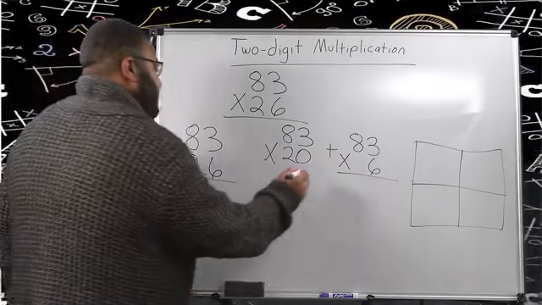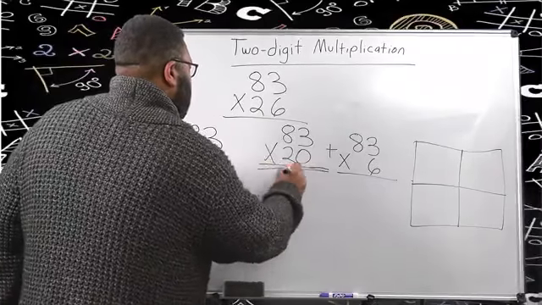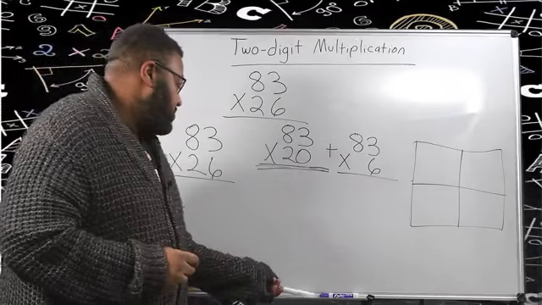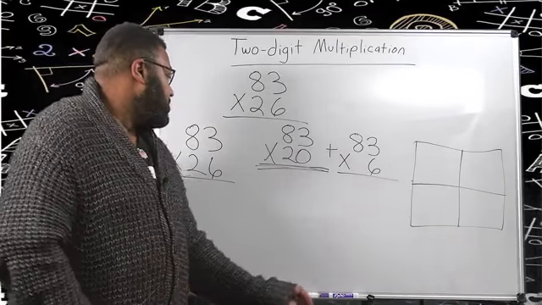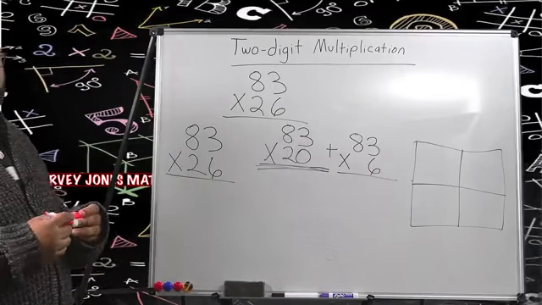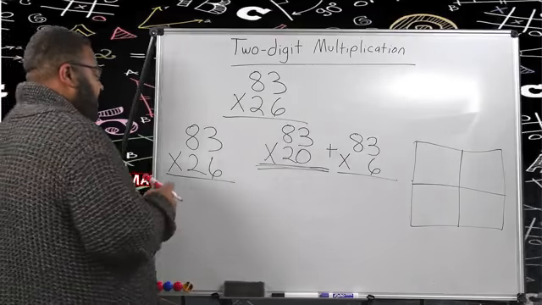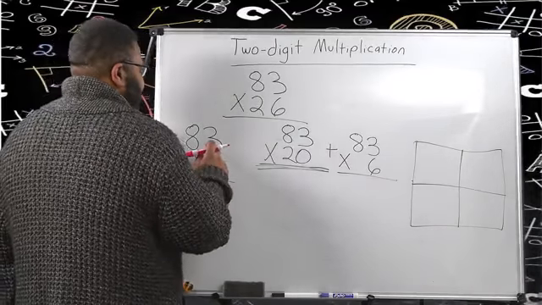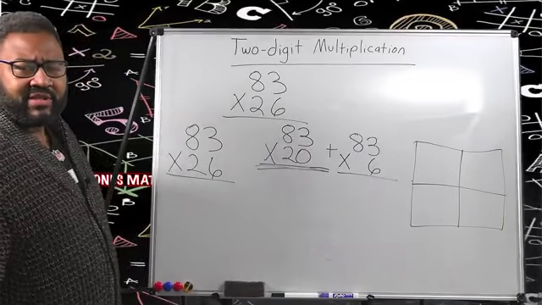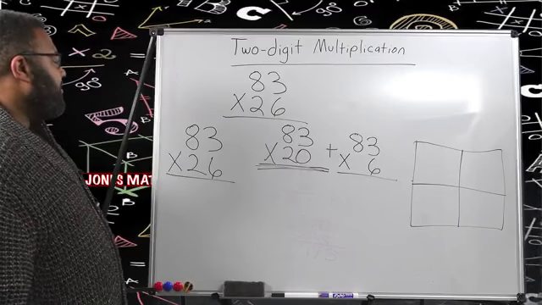So you have to decide which way is going to be best for you. All right, I'm going to try the traditional way first. What we got here is 6 times 3. Uh-oh. I don't know my 6s very well, folks. So what I'm going to do to help me out real quick, I'm going to make my pick and choose